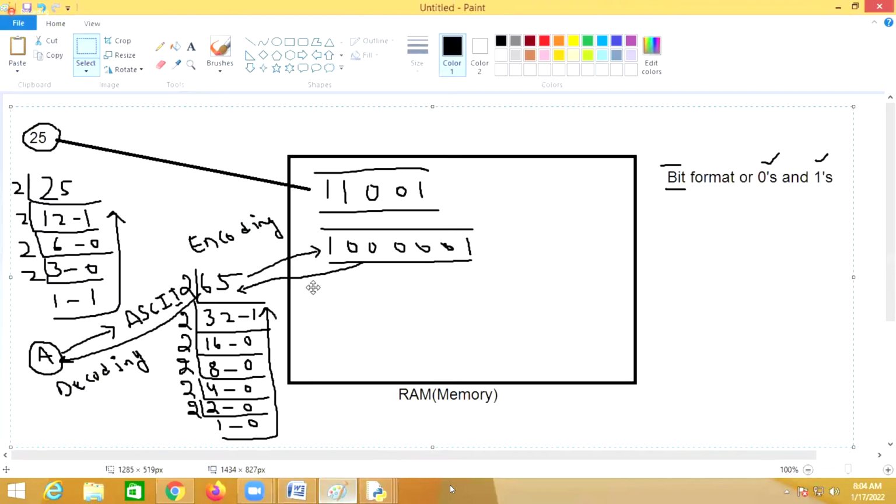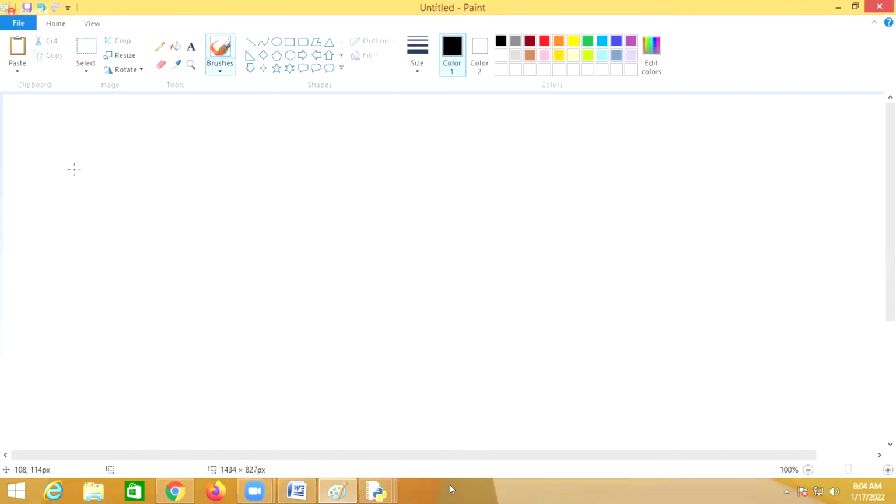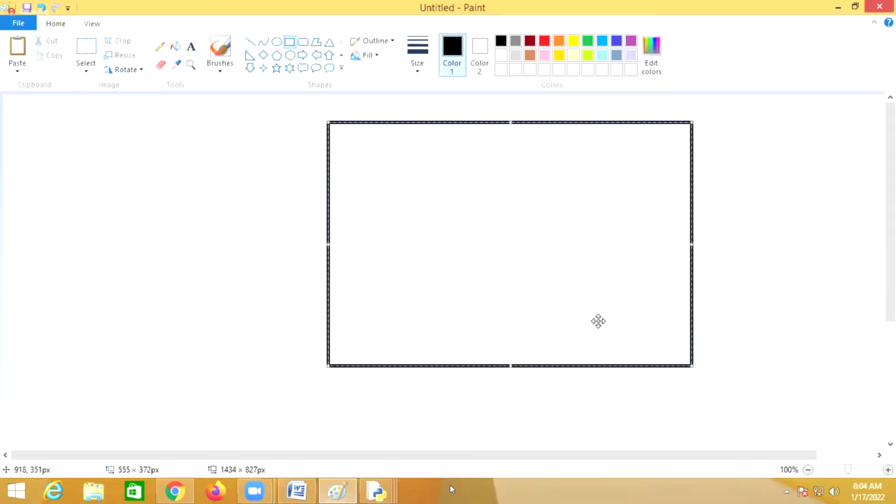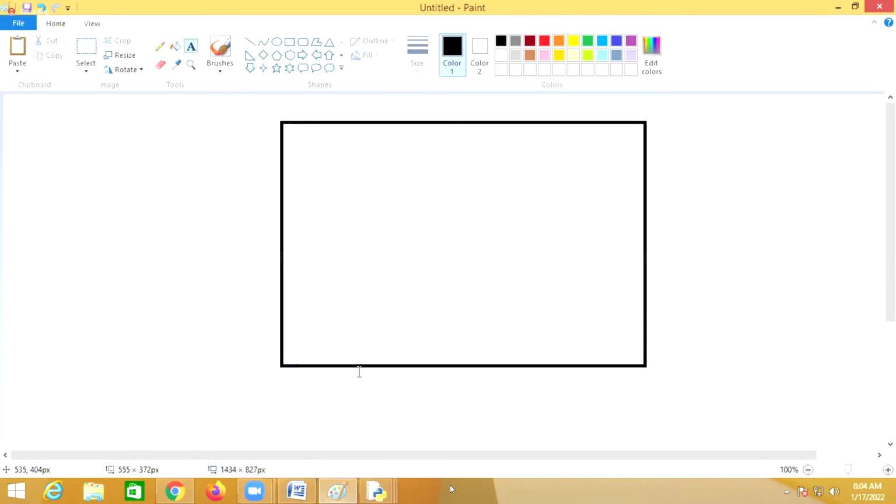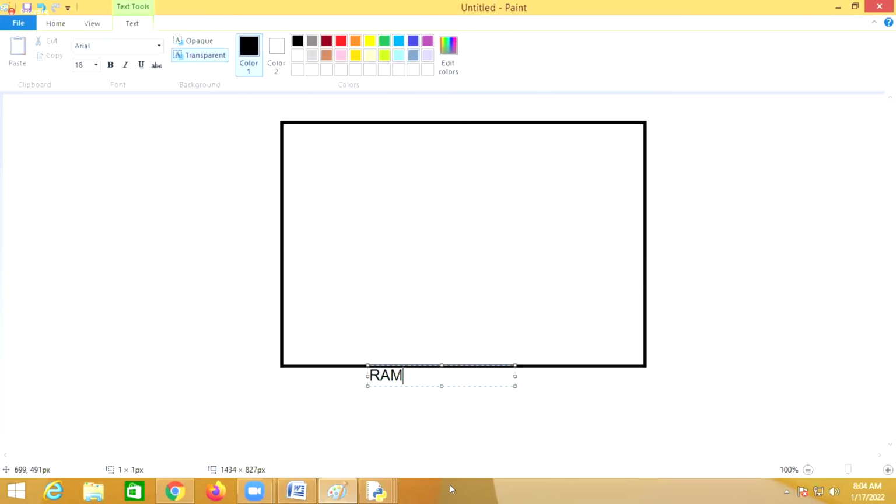Now modern programming languages not only support the characters in English, they also support the characters from other languages.